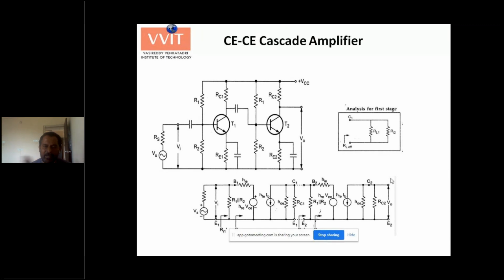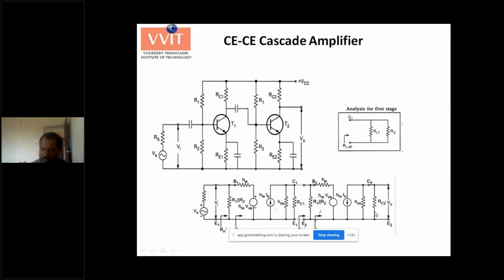While this is already done in the first semester, purposefully we have also discussed the same thing in starting off this course as a prerequisite. Remember all those 4 formulas: expression for AI, expression for Ri, expression for AV, expression for R0. You must remember them. Then, while finding all these parameters, you must start from the second stage and move towards the first stage. Directly you cannot calculate AI1, rather you have to calculate AI for the second stage, then you can move to the first stage.